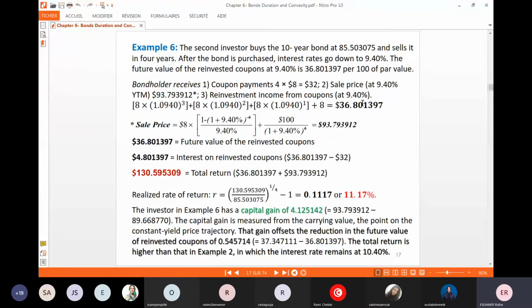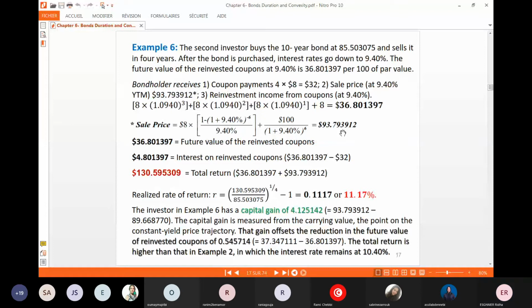علاش؟ خاطر discount rate, the required rate of return on the bond is now 9.4 أكاو ما عادش 10.4. Donc the value of the bond will increase. باش يصير نلقاو اللي السيل برايس هو 93.79 أكبر من 89.6، carrying value of the bond اللي حسبناها ب 10.4، carrying value هي 89.6. هوني السيل برايس ولا